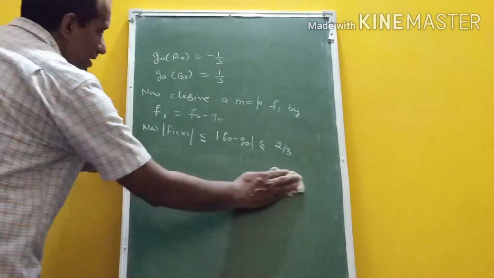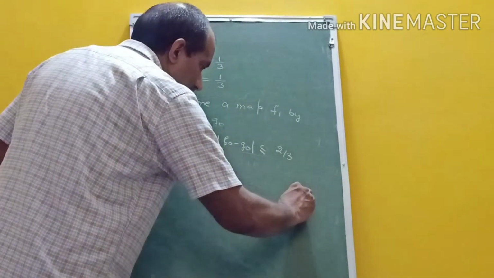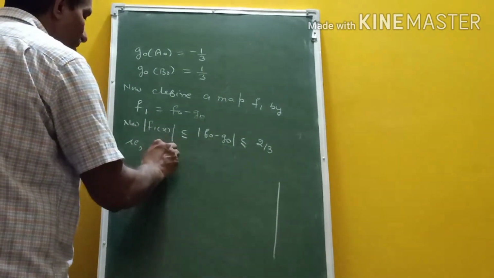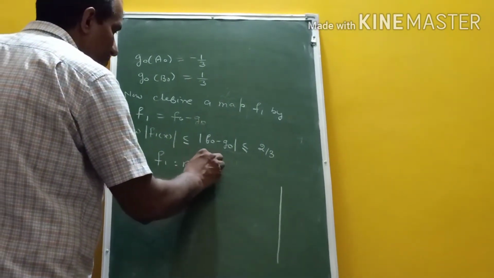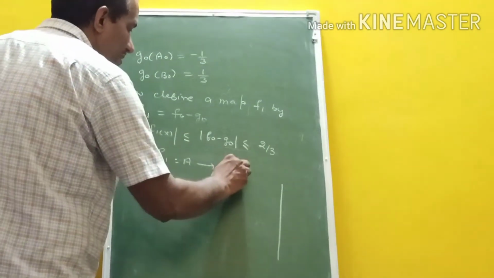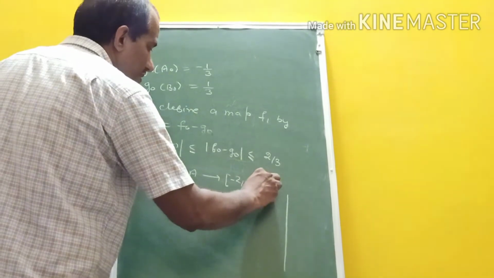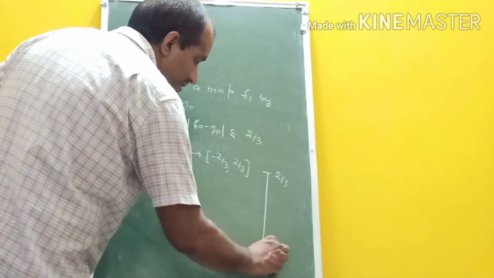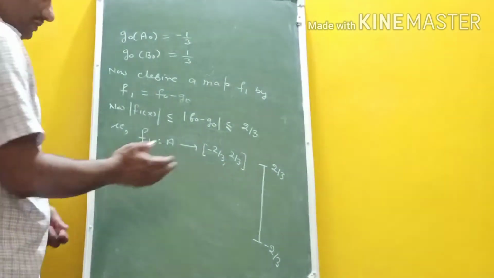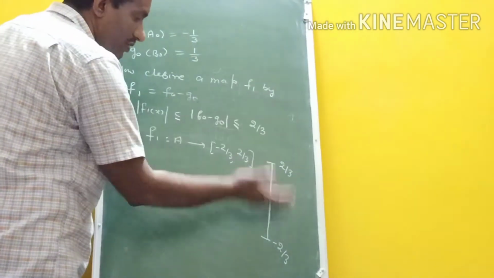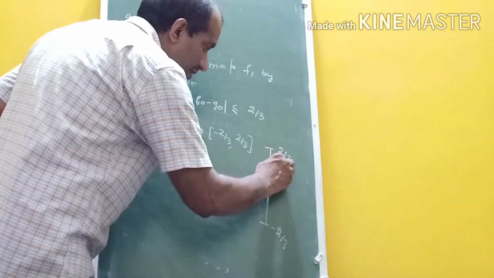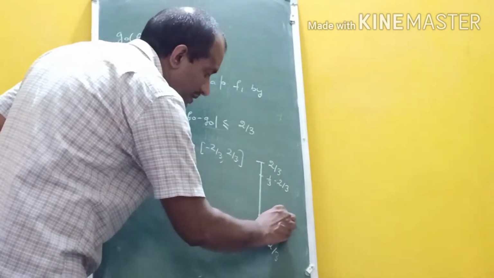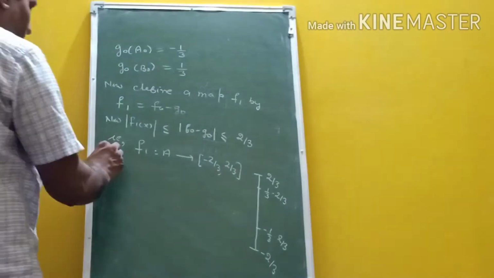Now from the scale we see we have left F1. F1 is a mapping from A to minus 2 by 3, 2 by 3, and this one is 2 by 3, and this is minus 2 by 3. Now what we have done? We have to remove the upper 1/3 and lower 1/3. Now we take here 1 by 3 to 2 by 3, and we take here minus 2 by 3 to minus 1 by 3, and now we define